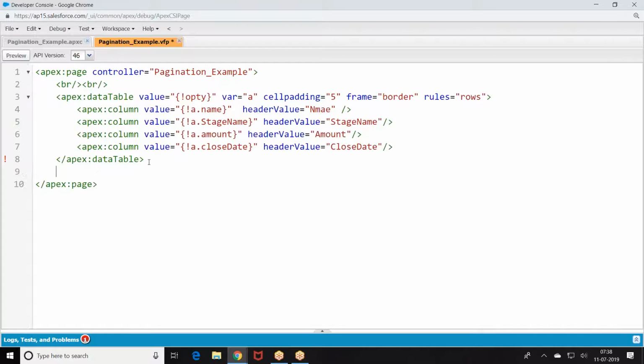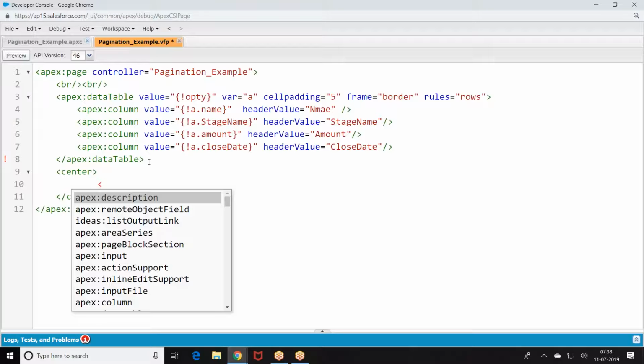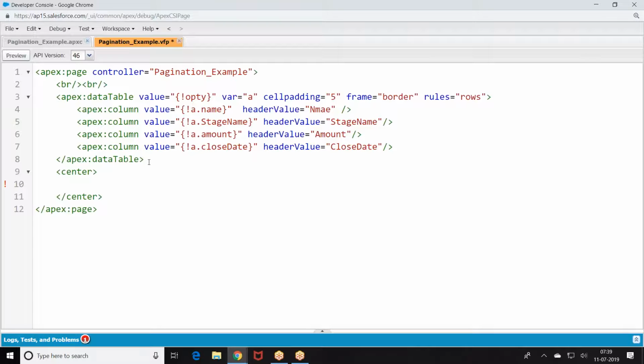Then I'm giving center. What was that? Controller dot page number of total page.